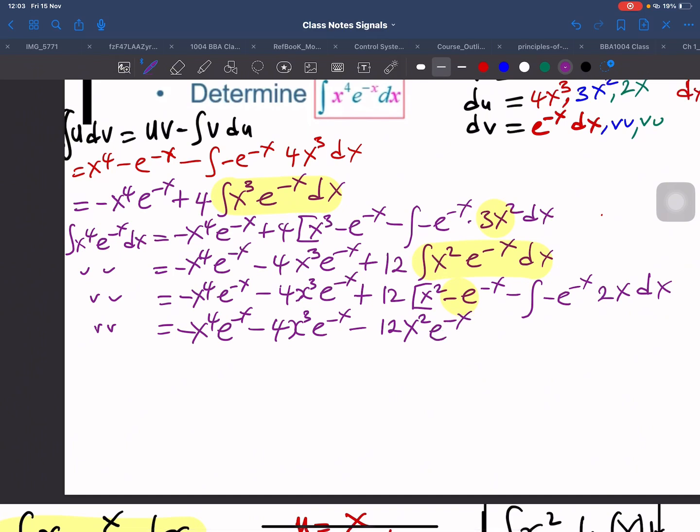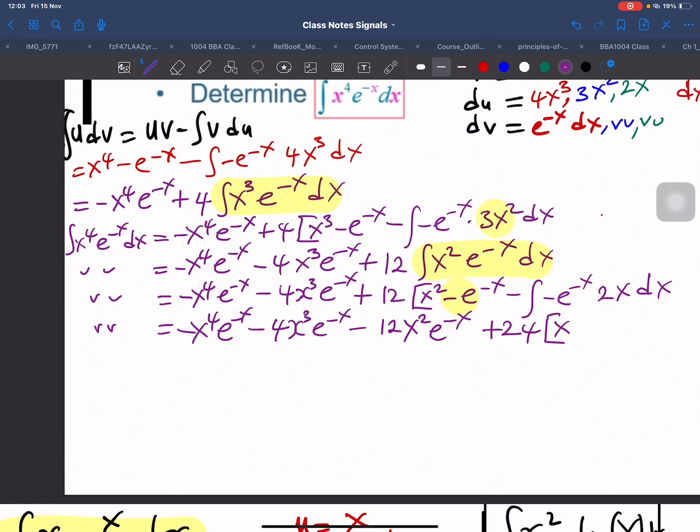Then, there is a 2 here, so this 2 will multiply to give you 24, plus 24 that will be distributed into